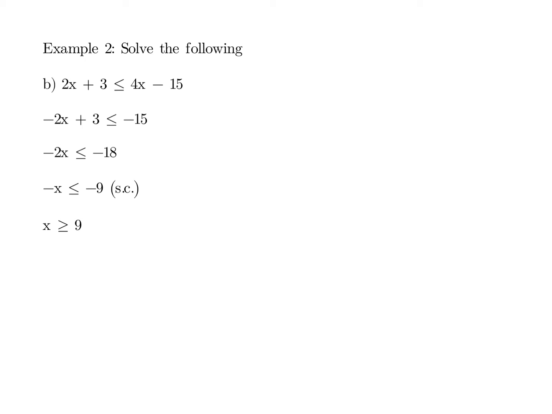When we solve it with pronumerals on both sides, the same thing again. Solve normally. So we're going to subtract 4x from both sides, so we get minus 2x plus 3 is less than or equal to minus 15, minus the 3 from both sides, so we get minus 2x is less than or equal to minus 18, divide by 2, so you get minus x is less than or equal to minus 9,